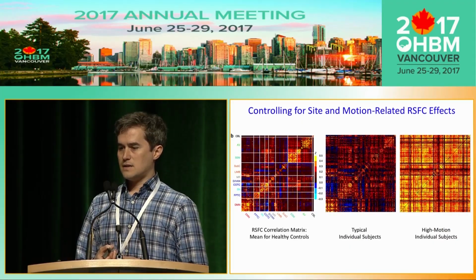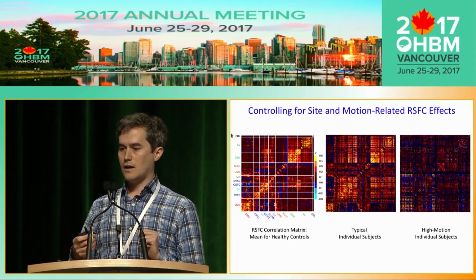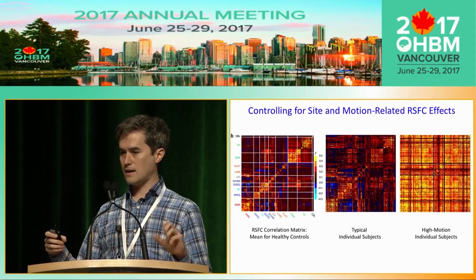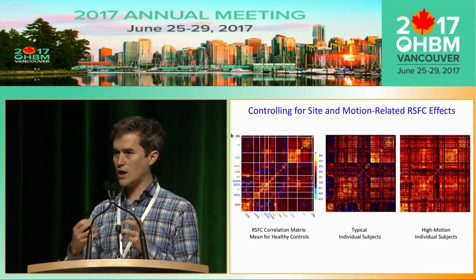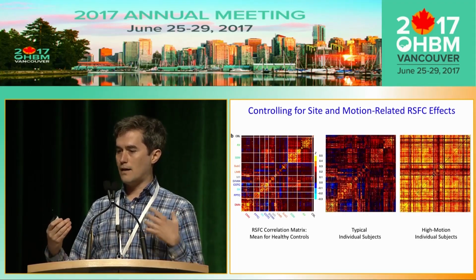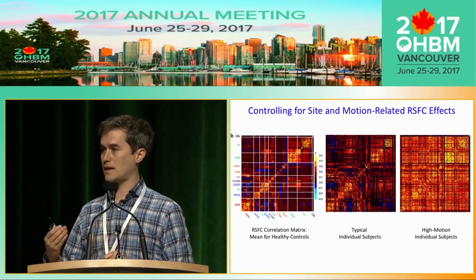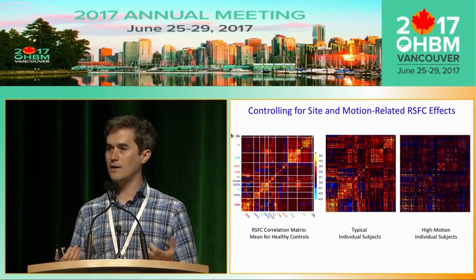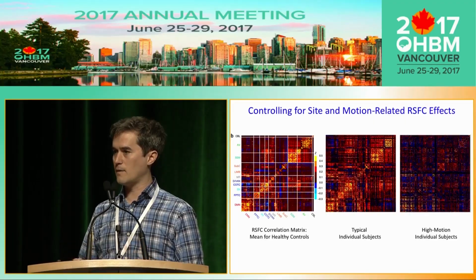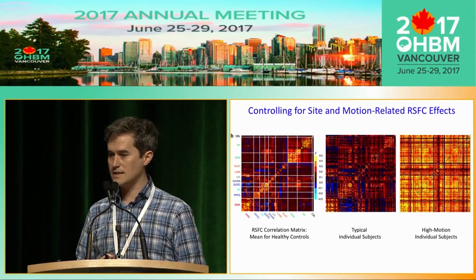The first thing we set out to think about and address was how do we go about controlling for artifacts, in particular site-related differences that might confound the results we get from integrating data across many sites. And I always emphasize, in my lab we're not really driving these kinds of methods forward, especially with respect to correcting for motion-related artifacts. Rather, we try to be up to date on the literature and implement best practices. And you've already heard today from some of the people who are pioneers in this area.